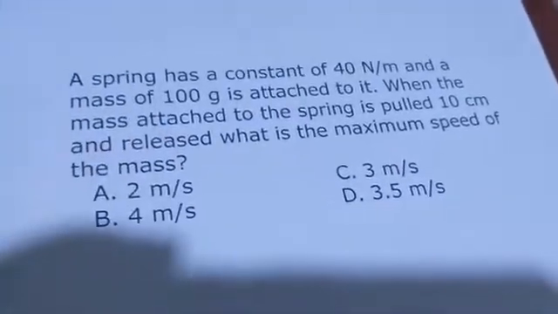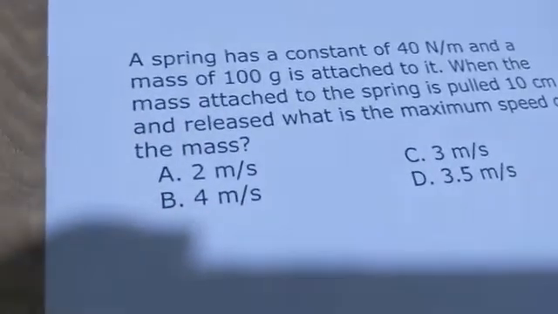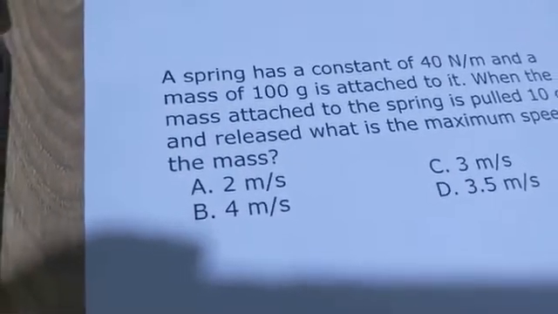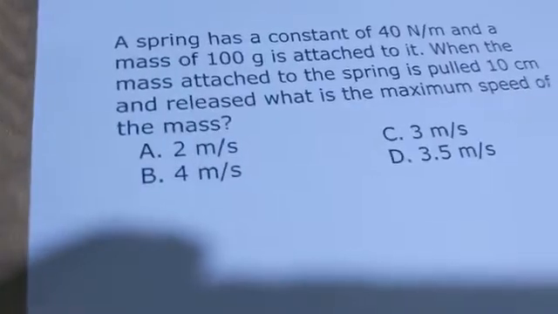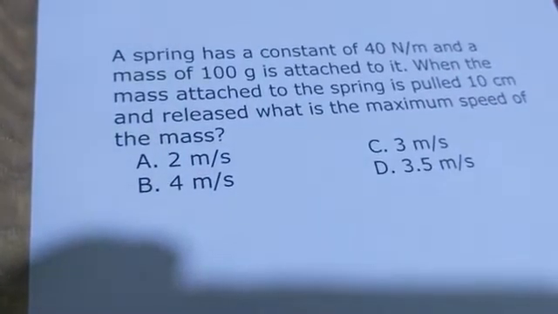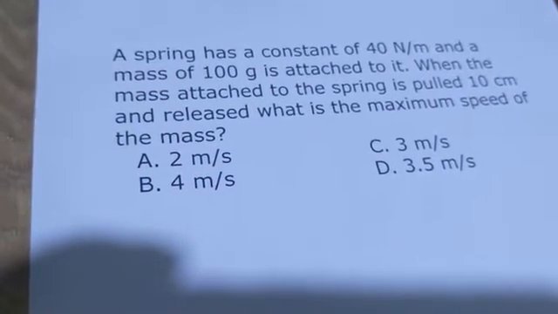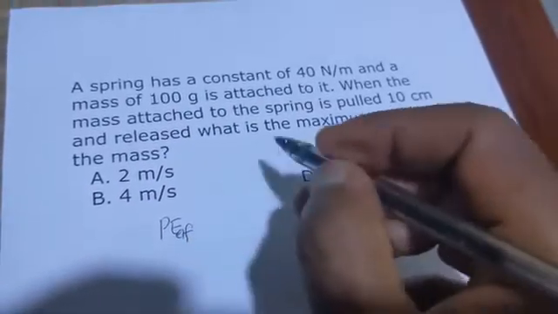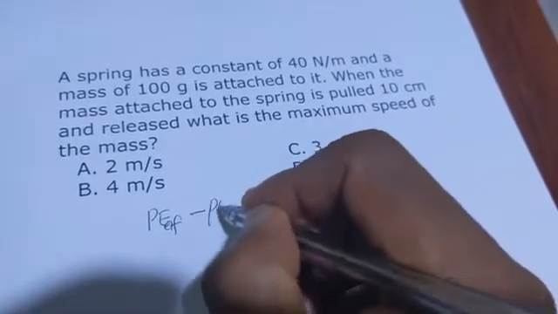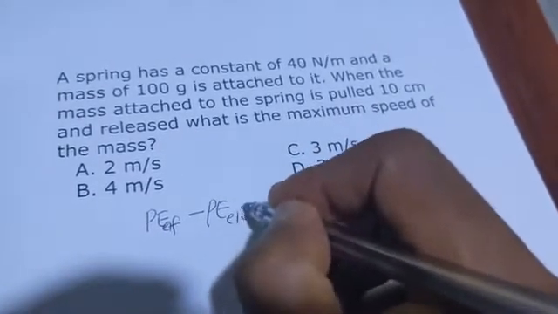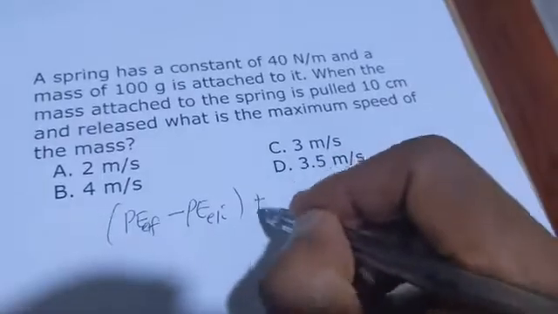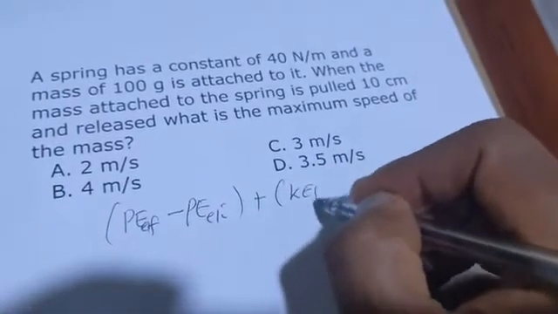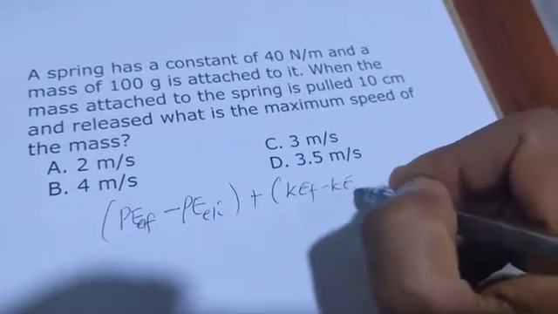A spring has a constant of 14 Newton per meter and a mass of 100 grams attached to it. When the mass attached to the spring is pulled 10 centimeters and released, what is the maximum speed of the mass? Applying the same rules and regularities, the elastic potential energy final minus elastic potential energy initial, plus kinetic energy final minus kinetic energy initial,